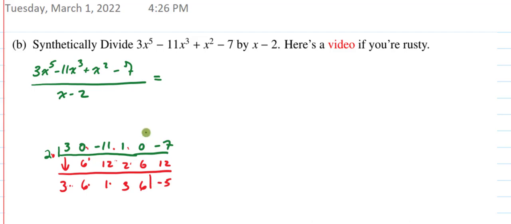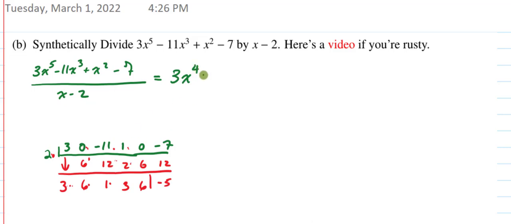So remember that all we're doing is stripping away the power components of this polynomial. We're stripping away the variables and we're just focusing on the coefficients. So one thing important to be able to do is, what have we just checked? Well, we've just shown that if we were to long divide x minus 2 into this polynomial right here, we'd be left with 3x to the, now we're dividing a fifth degree by a linear, so that'd be 3x to